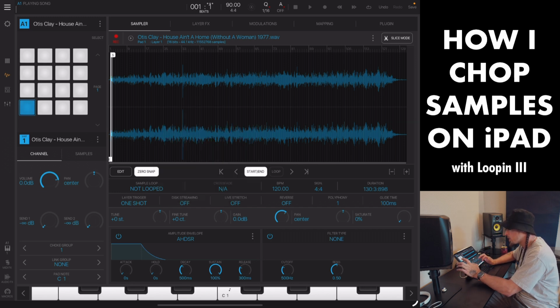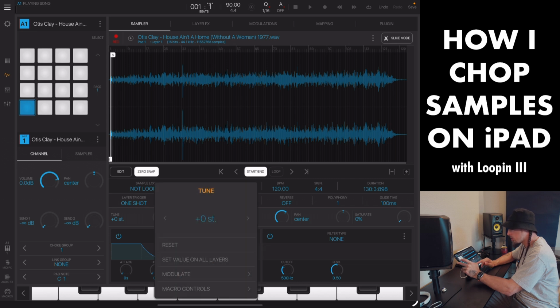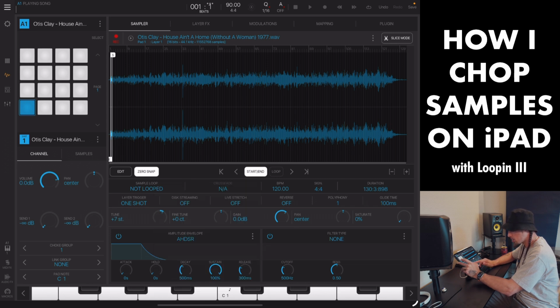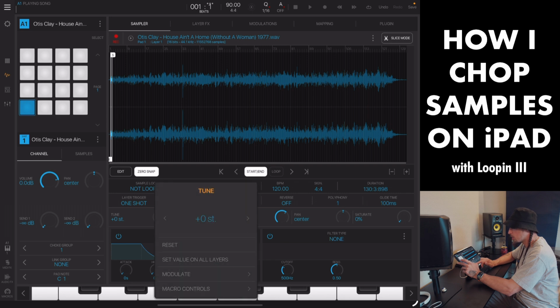So we have it, it's on this pad, right? And this page right here, the wave sound on the left, this is your sampler page. So if I go to tune right here, double tap it. You can drag this as a knob, or if you double tap it, you can go up or down. So if I go down,